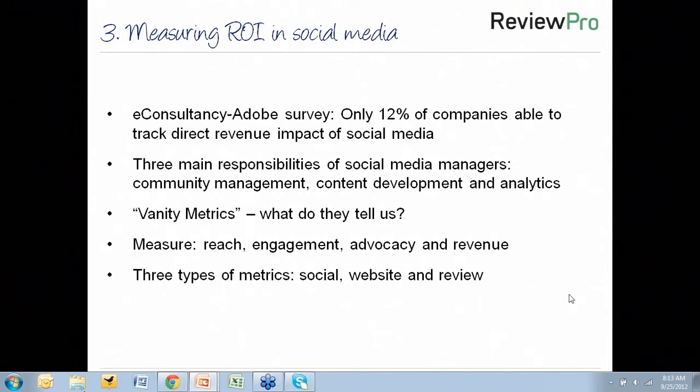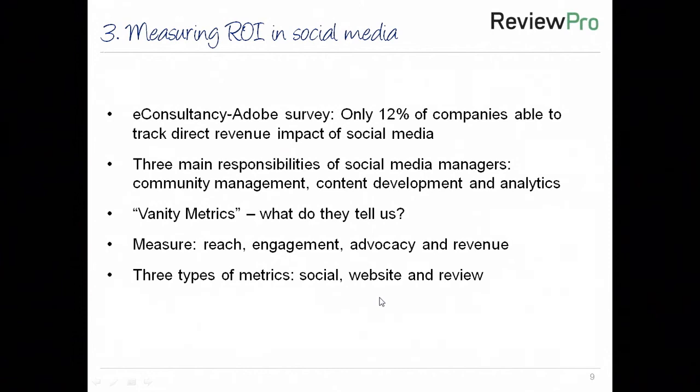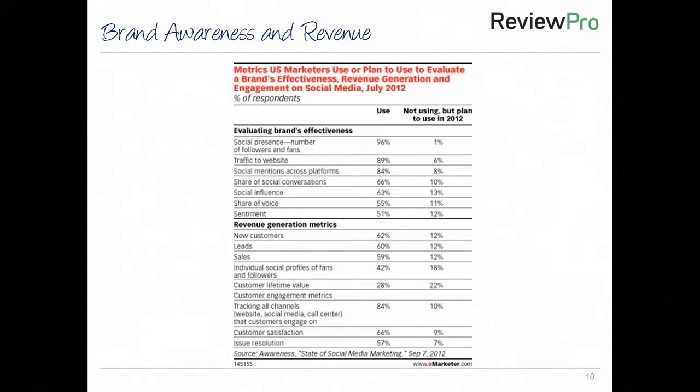So we need to dig a little deeper, and so we turn to more meaningful measures like reach, engagement, advocacy, and revenue. Some of these things we can measure directly, others we only get an indication of how well we're doing. But we've divided the three types of metrics we'll present to you today into social, website, and review metrics. And just before we jump into that, I wanted to share an eMarketer survey with you,